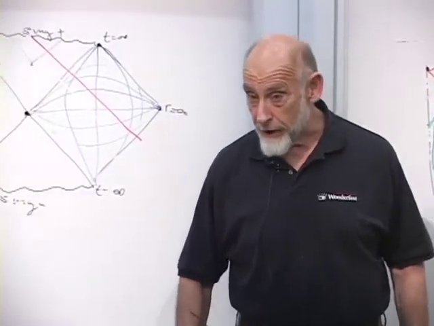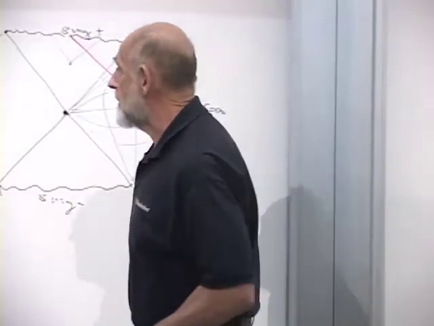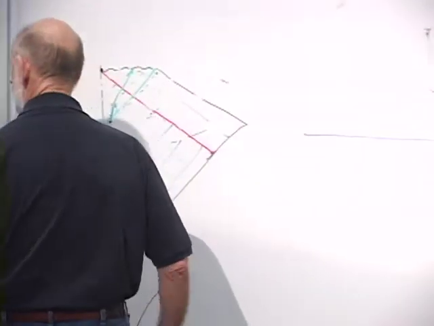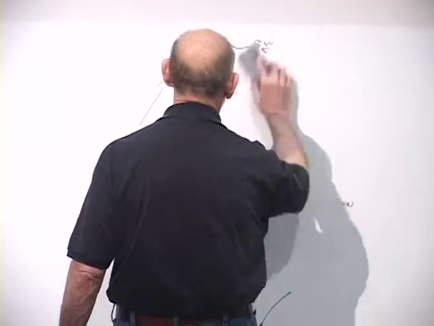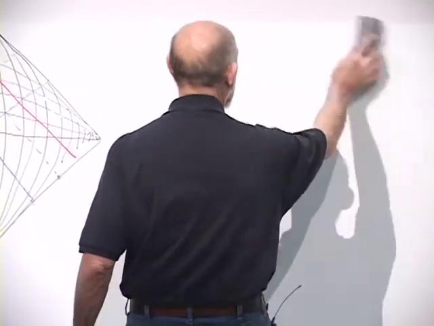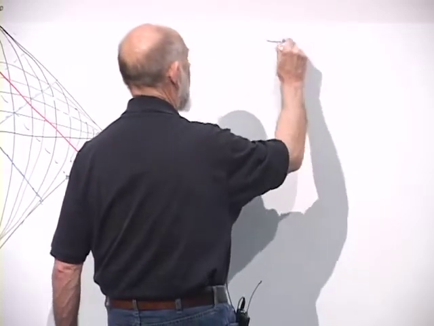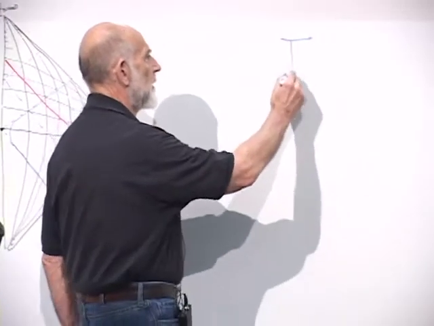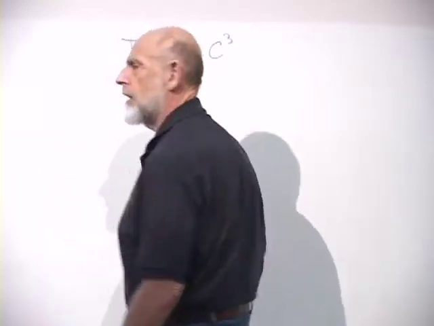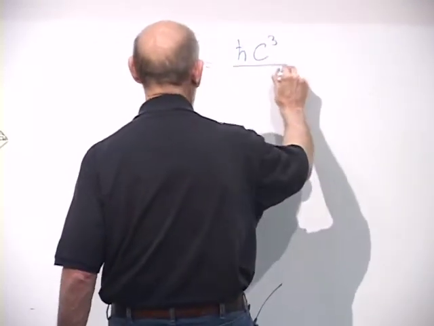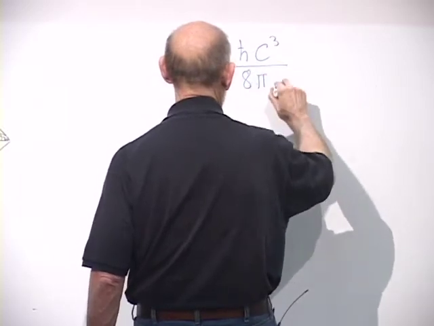So there was entropy, and there was also temperature. Anybody remember what the Hawking temperature of a black hole is? Let's get rid of some of these pictures over here and go back to the Hawking temperature of a black hole. Let's call it T_H. You remember what it was? You're going to look in your notes. You're going to cheat. h-bar c cubed over 8 pi G M. h-bar, is it c cubed? I think it's c cubed. c cubed over 8 pi G M,